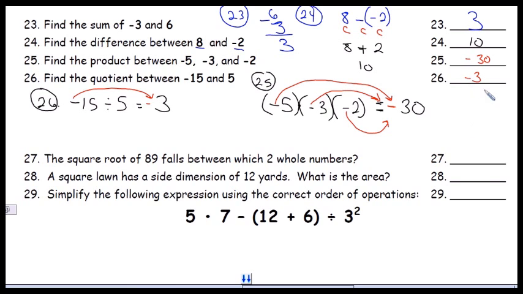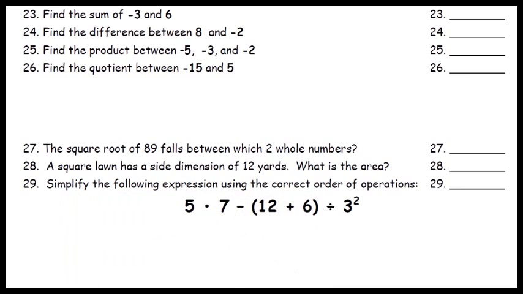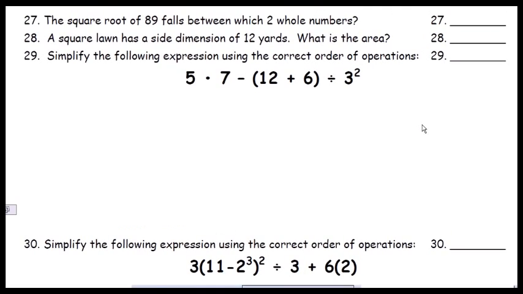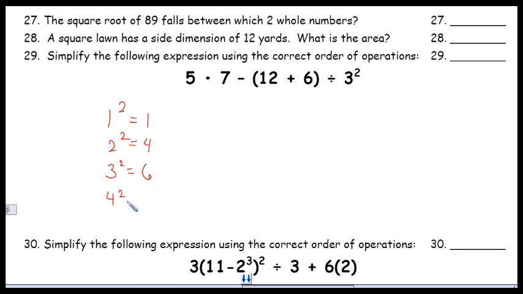Okay, now, number 27, 28, they're talking about squares and square roots. Remember that if we're talking about squares and square roots, we are talking about how many numbers multiplied by itself gives you the number that we need. So here's what we need. It says the square root of 89 falls between which 2 whole numbers. And if you do your multiples, 1 squared is 1, 2 squared is 4, because that's 2 times 2, 3 squared is 6, 4 squared is